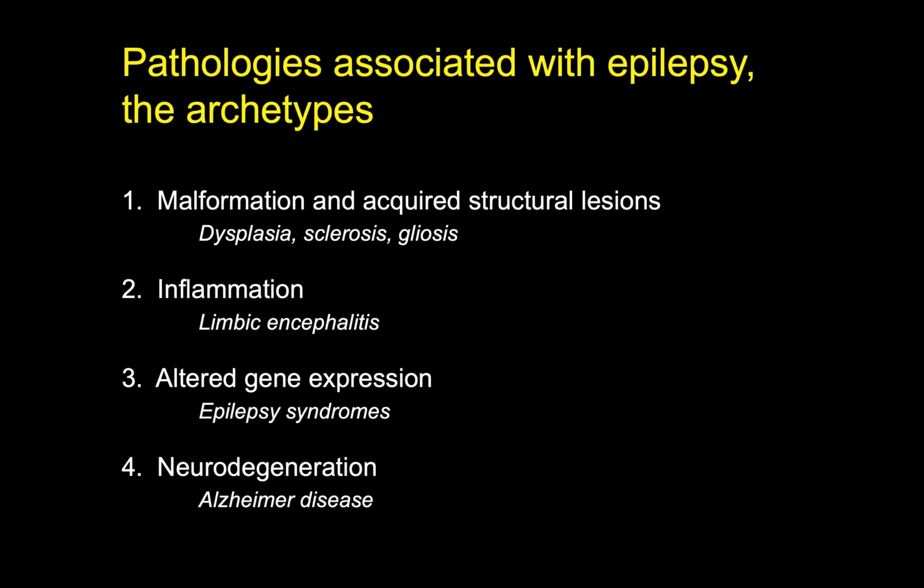The third category would be altered gene expression. This is some of the congenital or inherited epilepsy syndromes that can often or sometimes be associated with malformations of the brain as well. But sometimes you'll see on imaging a structurally normal brain, but an elevated tendency to have seizures in syndromes like this. And finally, we should remember that in neurodegenerative conditions, Alzheimer's disease being just one of the common ones,